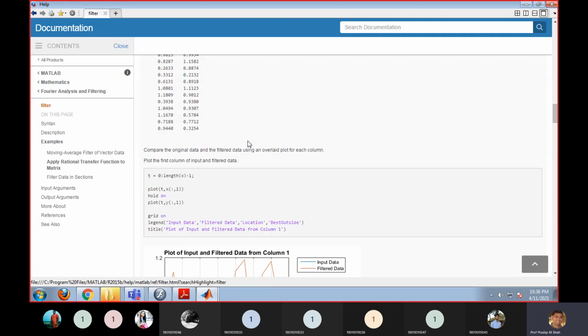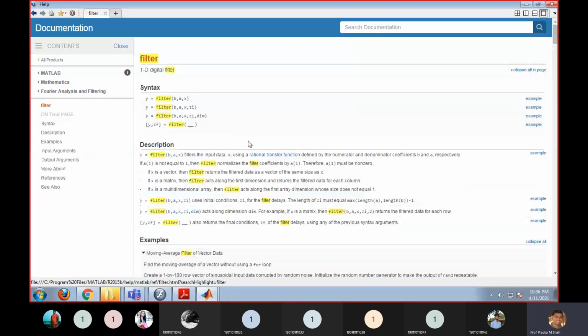Now I think this is an example already given. You can also access it from the MATLAB help. But now using this example, we have to develop our systems and we need to find out the impulse response of our systems. Okay. So just I'm moving